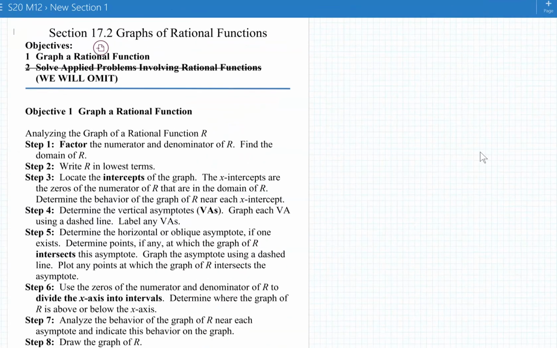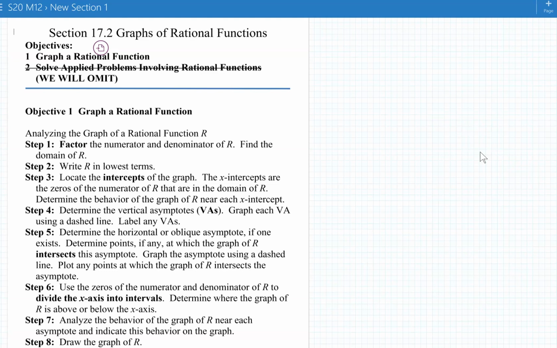Section 17.2 is graphing rational functions, and these take a while to do, but a lot of learning takes place meanwhile, so we really like this section as instructors. It helps you put a lot of things together of why did we learn this and that. So we're going to first analyze the graph of the rational function, and we're going to go through these steps